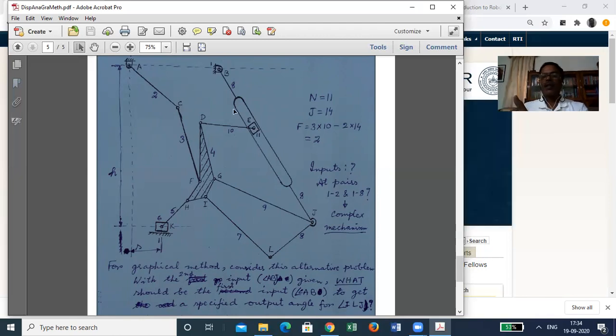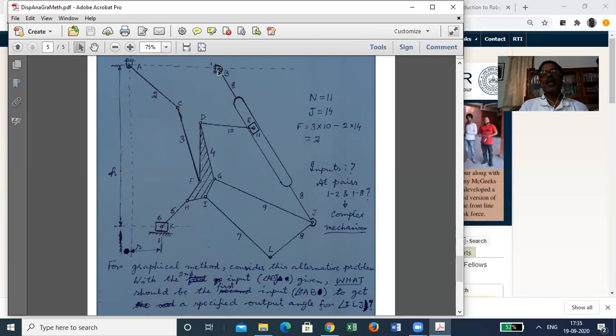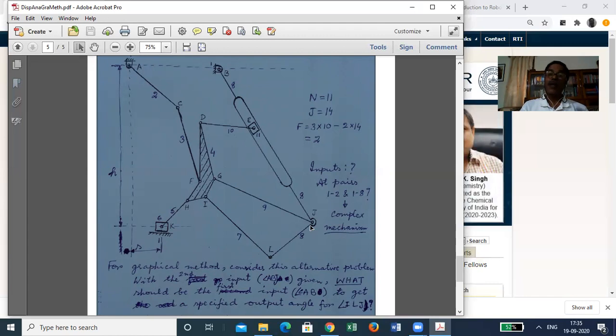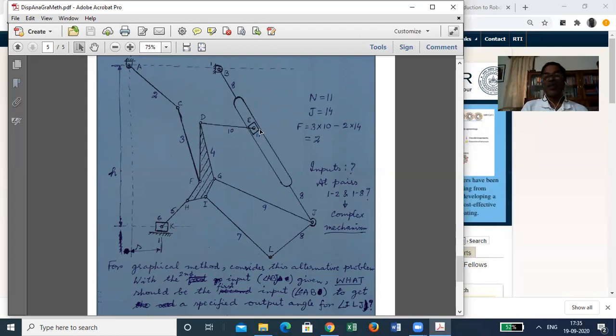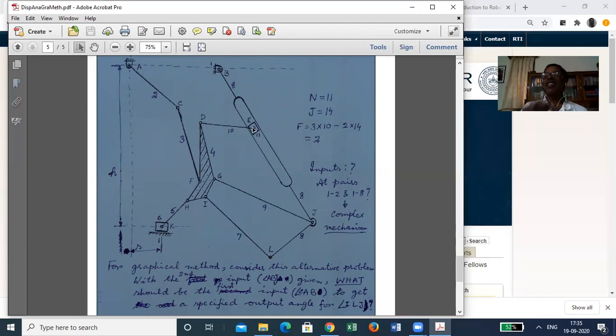Now get your tracing sheet, put it on this paper such that B on tracing sheet and B on paper coincide, J on tracing sheet, J on paper coincide, and then wherever L is on the tracing sheet, you put your compass needle there, and prick it. Okay. And if you want the guidance, you draw the slot also, who stops you, but don't locate the point E because you don't know where it is. And then remove the tracing sheet, and then looking at the pinpricks, you complete this BJL.